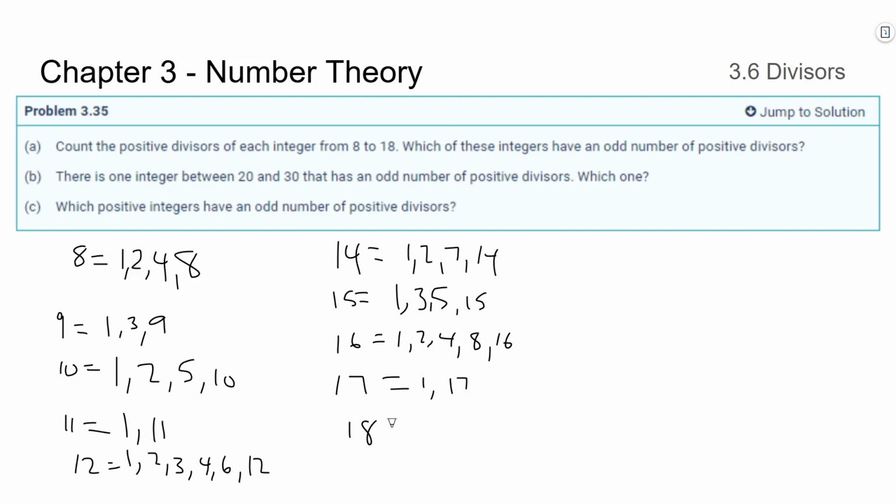And lastly, 18 is 1, 2, 3, 6, 9, and 18. Okay, so with all those written out,